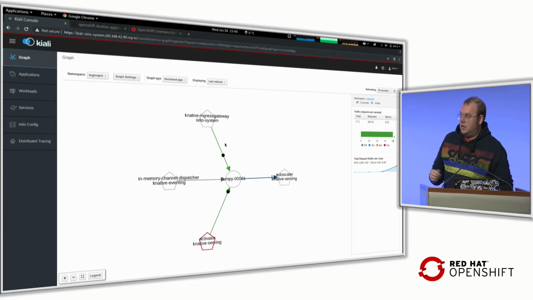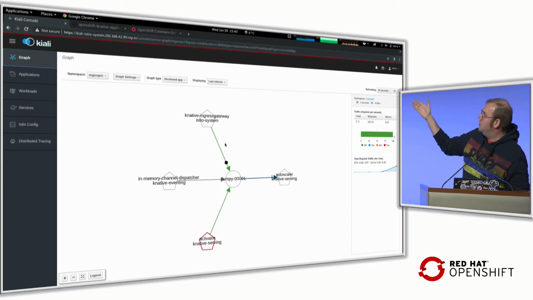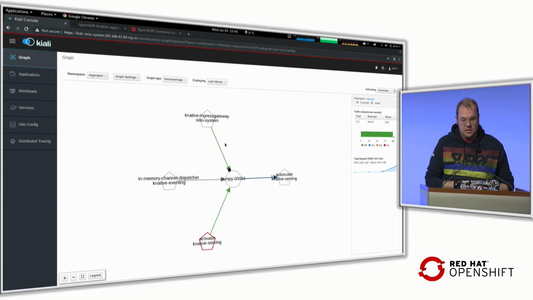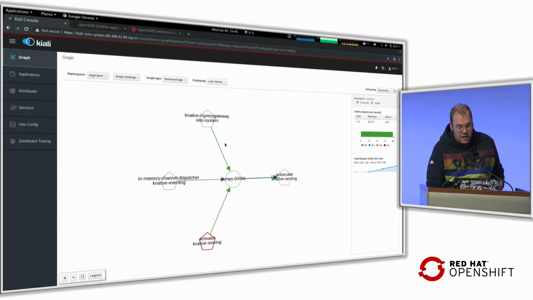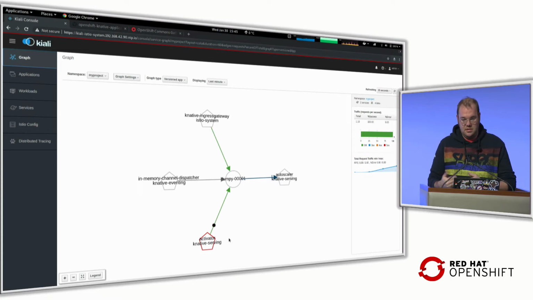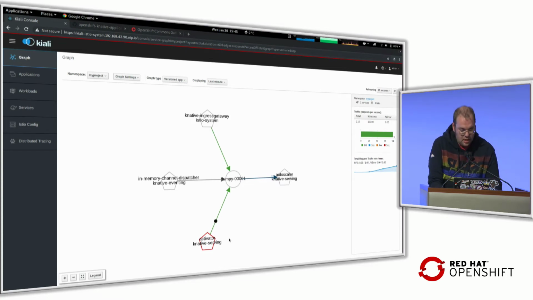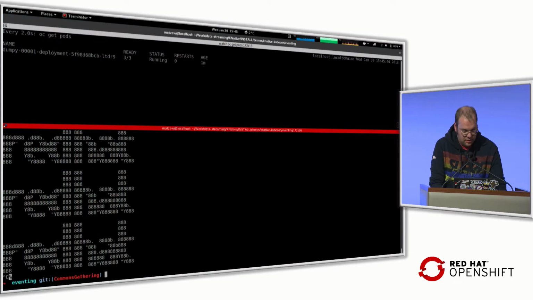This is the view of what's going on behind the scenes, where Istio is taking care of the routing of the traffic to my application that's running there, in conjunction with the Knative primitives for the scaling part, in this case, the auto-activating. All right, I will pause this now.